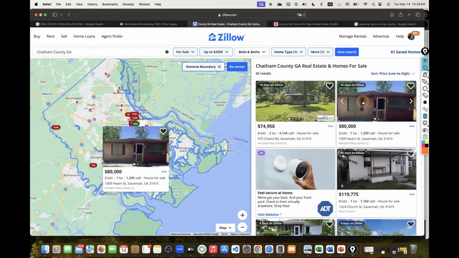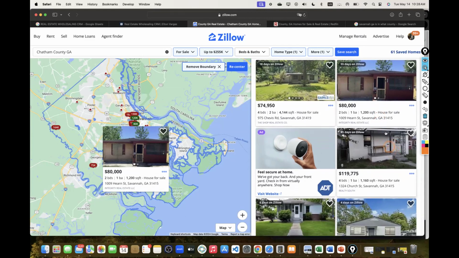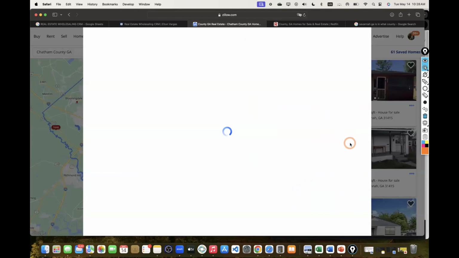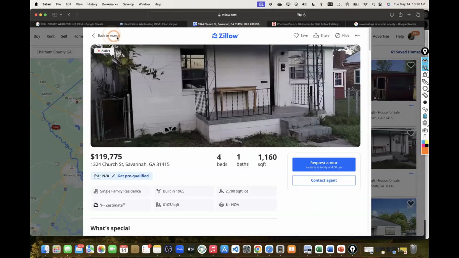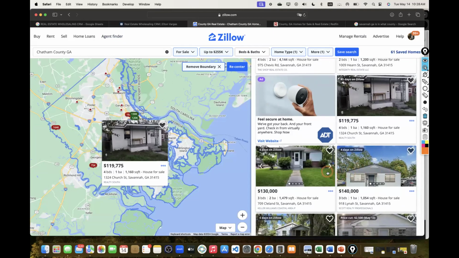It's always best to do this under contract, so that way you can determine what the repairs will be. Because when it comes to that, you're playing it blind, and I'm not trying to play it blind. I want to look at something that has a good amount of properties. So these two will definitely be great deals off the bat, but again, I need to check out the inside. This one doesn't look like it's gonna have any pictures at all.